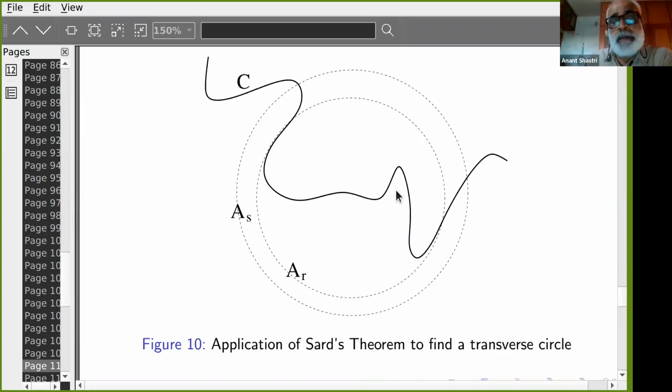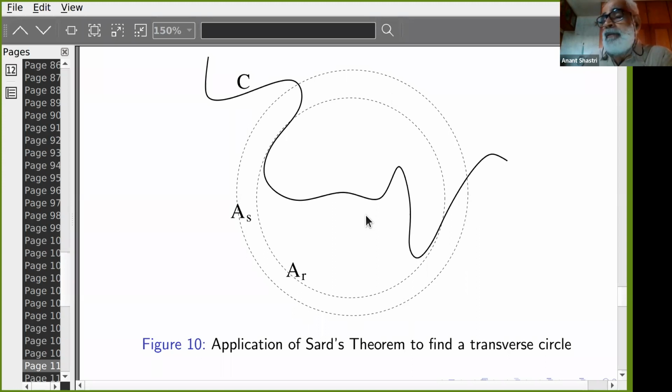So here is a picture of this curve. Here is AR, AS, and so on. They are all centered at the same point. So the dotted figures are AR. Look at this AR. It looks like it is tangential here. Such numbers are bad. They are very few. If you move it slightly out, look at this picture, it will be transversal. So the points of intersection are nice here. So this is what we want to prove.